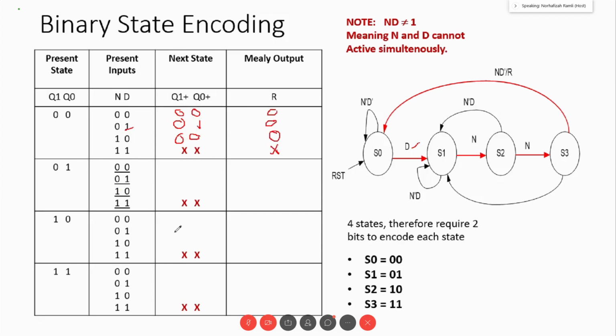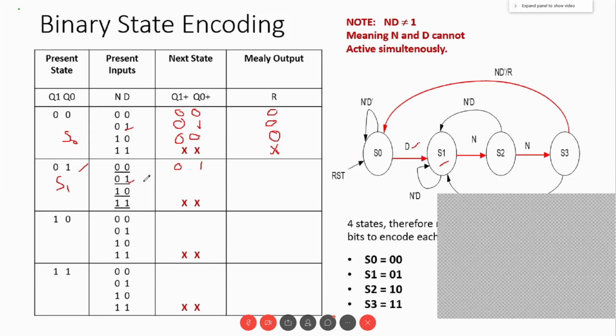Okay. Second one, if you are in this state, S1, so this is state S1, this state S0. So if you are in the state S1, if no D, no nickel, no dime, you stay in 0, 1. I mean, you stay in this state. If you detect dime,